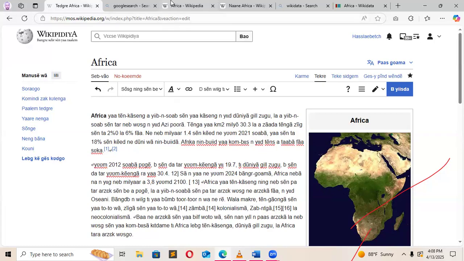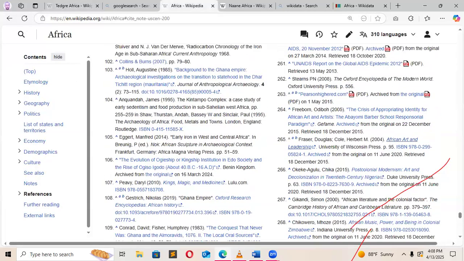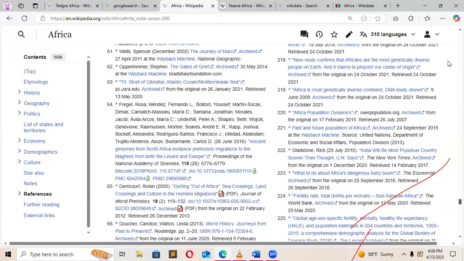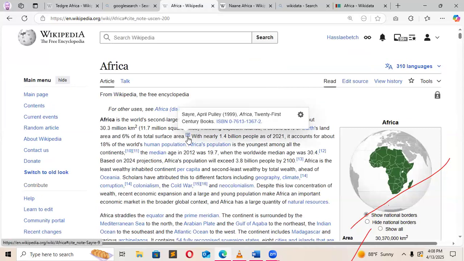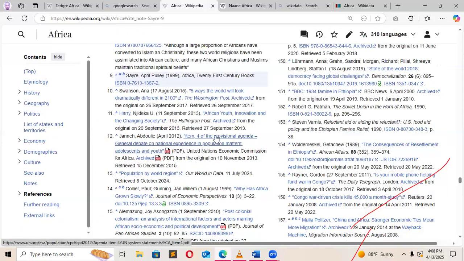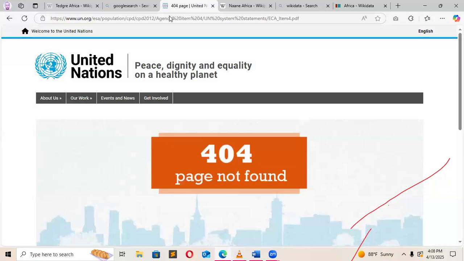Like here, for example, let's say I want to reference, I can't get to see, but let me just show an example. I want to reference maybe this one: 9. Africa is the world's second largest. When you click here and go to the town, this is what it is. When you click on this one, it will show you the article, if it is there. This article is expired. This page is not found. So assuming this is the page, this is the article, and I have clicked it and the page opens this document where the article is referenced. Okay, it has opened. United Nations.